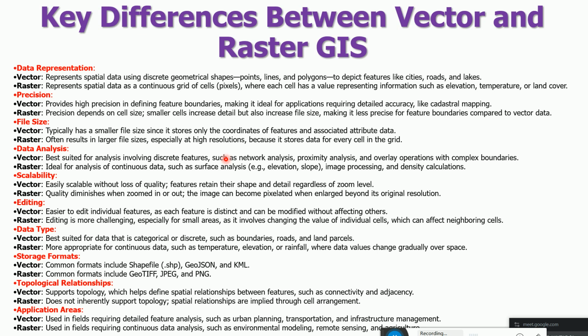Storage format, this is very important. Common formats include the shapefile, .shp. Whenever you see .shp, remember this is a vector type, or GeoJSON and KML. KML is Google Earth's data file. Then this is your vector. Raster